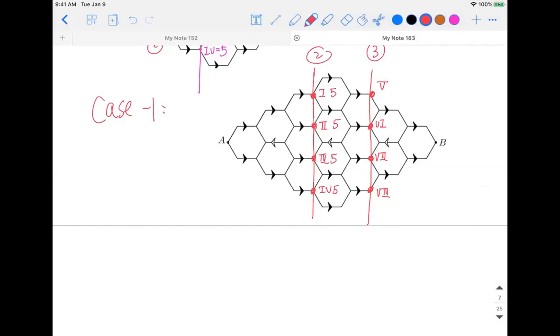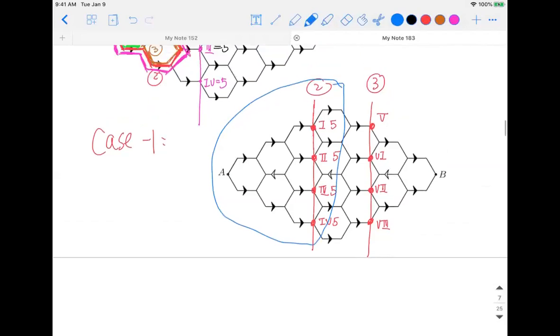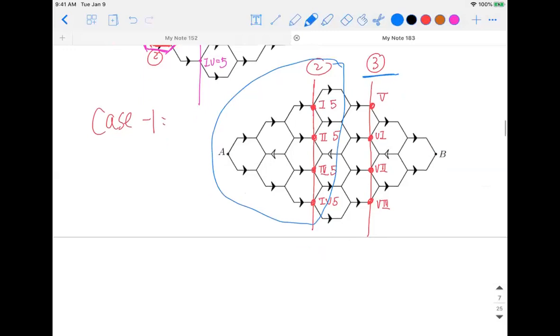Since I have already helped you take care of case number 1 here, from A all the way to 1, 2, 3, 4, 4 points. So as long as you're talking about case number 2, line number 3, you don't have to start from A. Because like I said, all the cases, they're segregated. Is that right? So for now, what I have to do is figure out how many